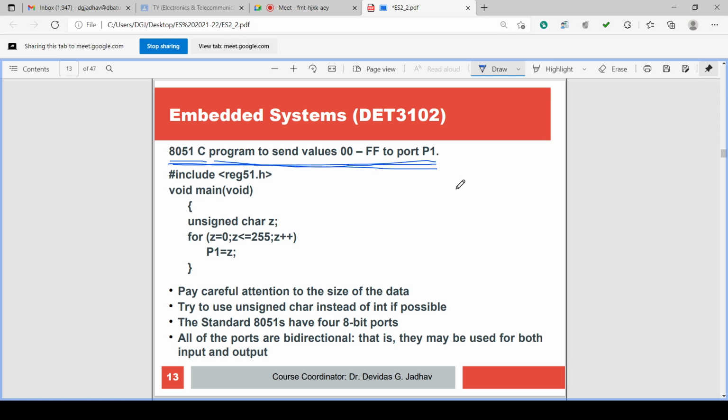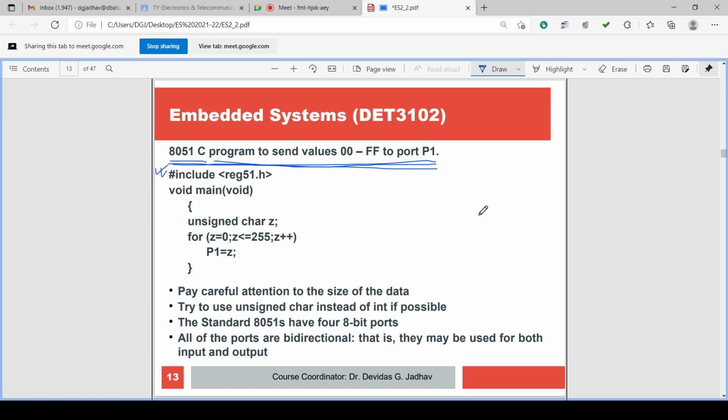So the program to send values 00 to FF. Now how to write the program? Include the header file.